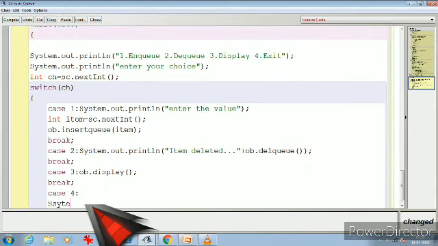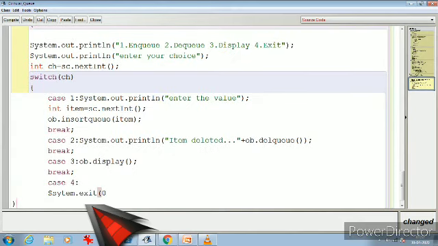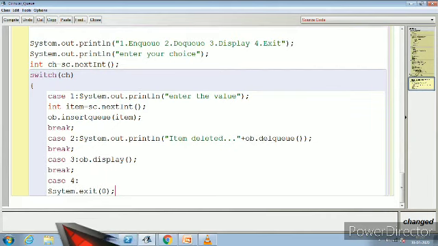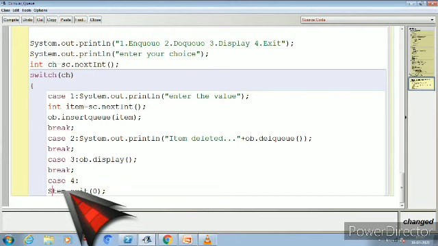And case 4, which is System.exit. Let's delete it and change it to the proper form. And the last one is default, which is wrong choice.